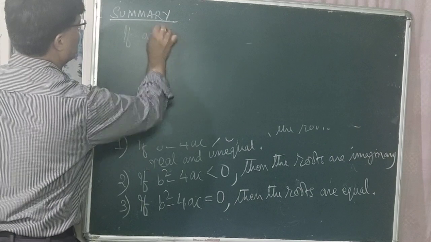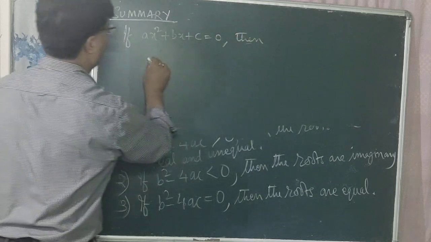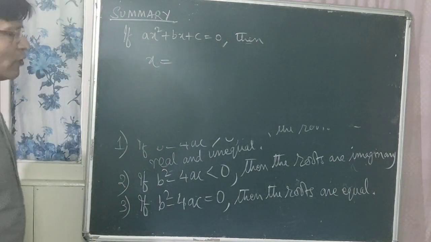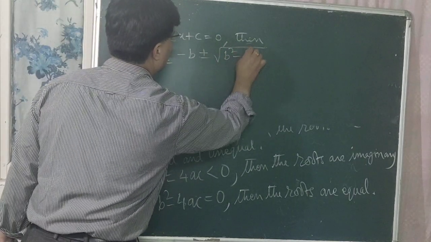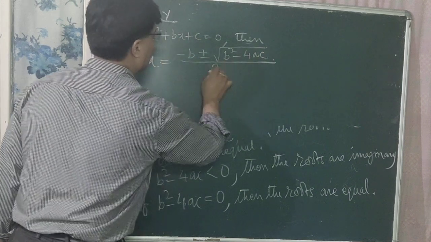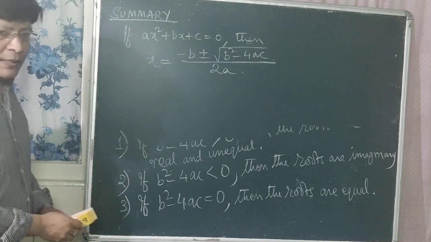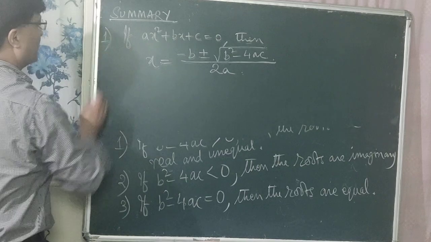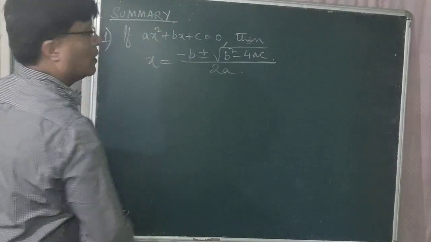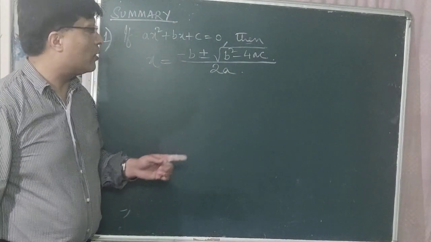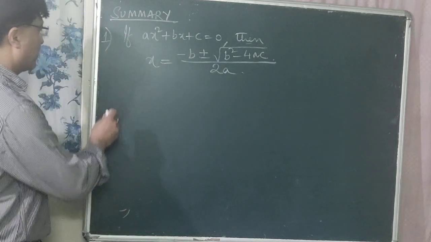If ax square plus bx plus c is equal to 0, then what is the value for x? What is the formula or value of x? It is minus b plus minus root over b square minus 4ac whole divided by 2a. Right? This is number one. We should remember. Now the other one is, the nature of the roots depends upon the value of b square minus 4ac, which is known as discriminant. So number two,